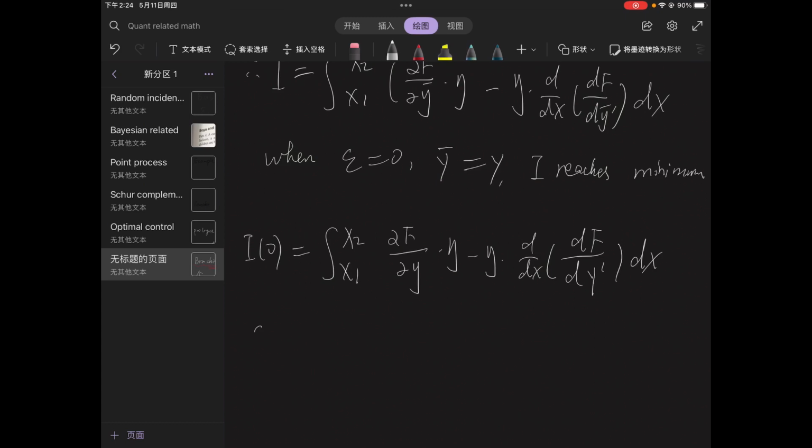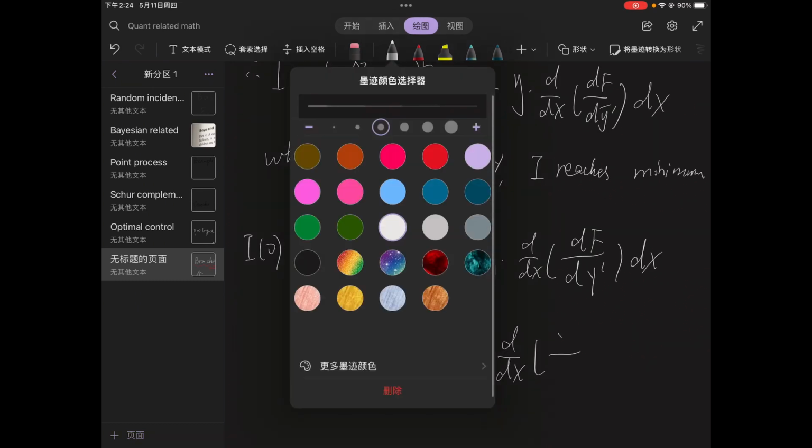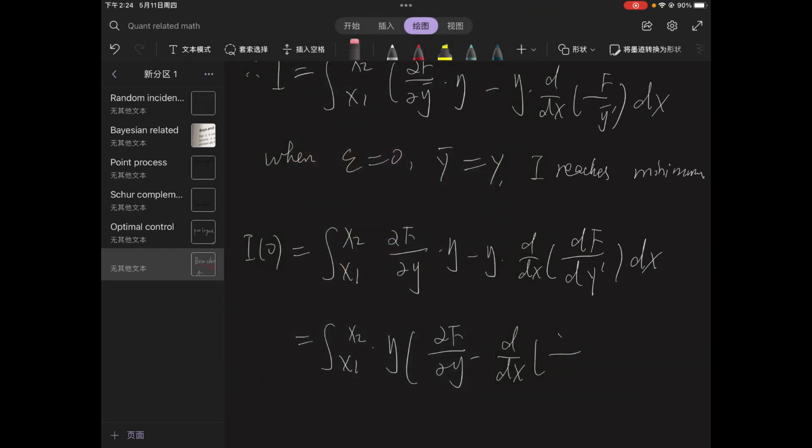And for this function, we know, since, let me write one more step. We can factor this eta out: the integral from x1 to x2, with eta factored out, of ∂f/∂y minus d/dx of partial f partial y' dx. But since eta is arbitrary,